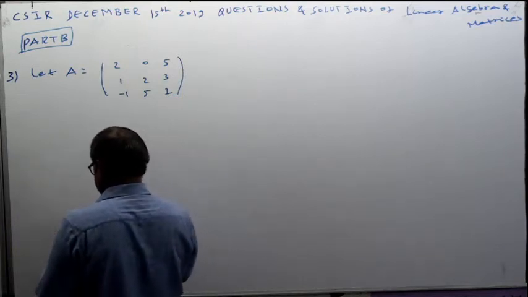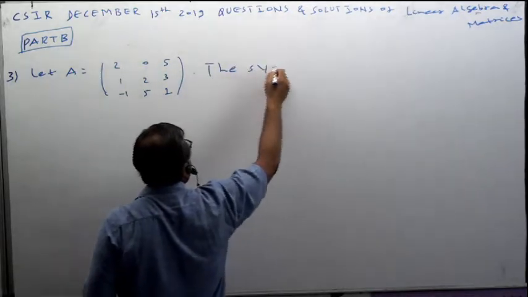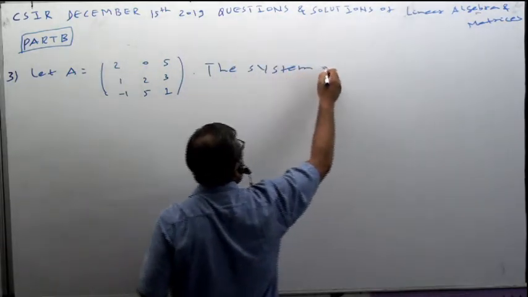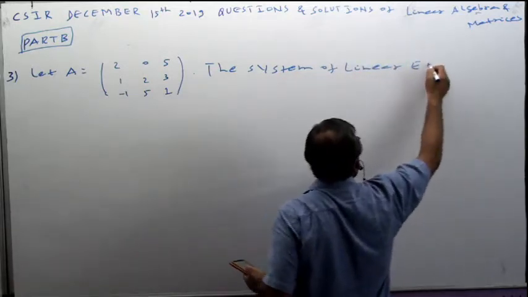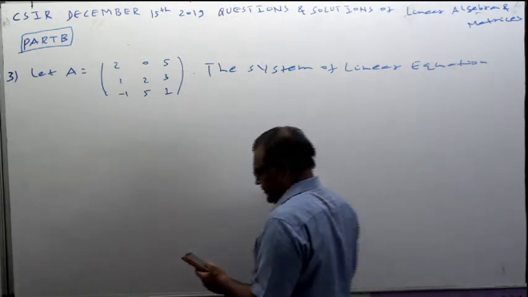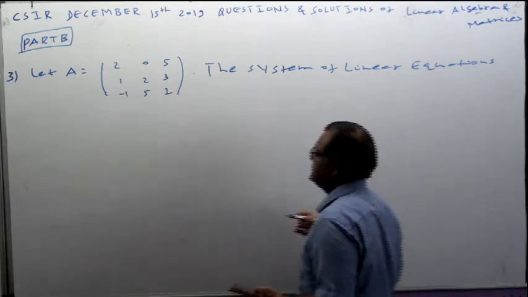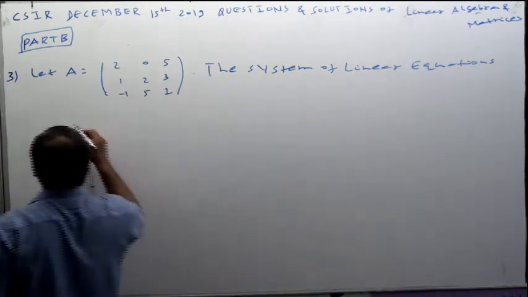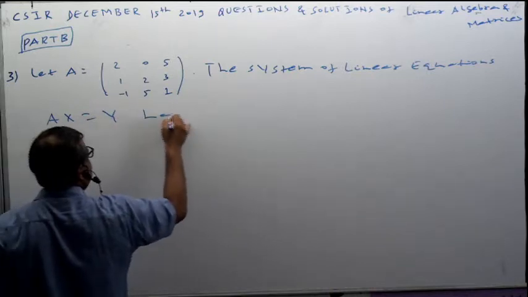The system of linear equations Ax equals to y has a solution